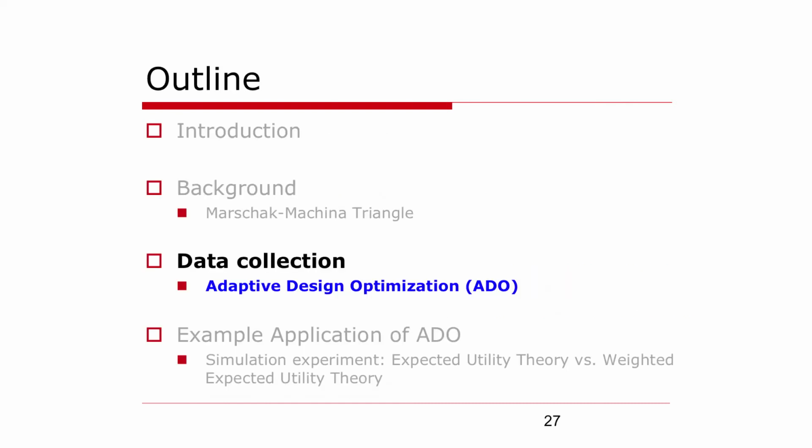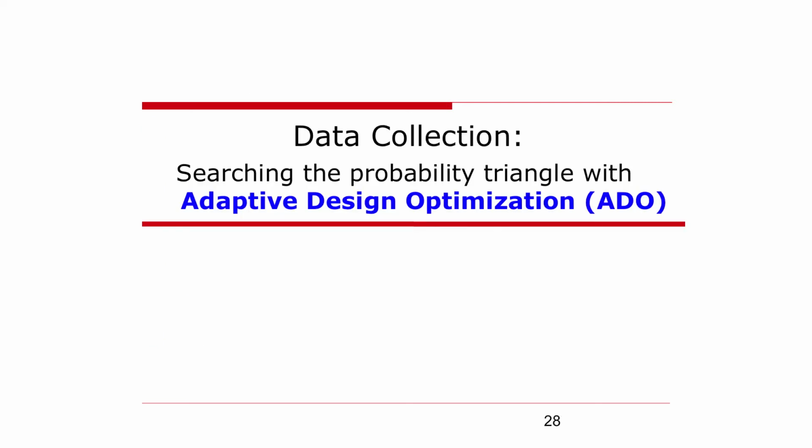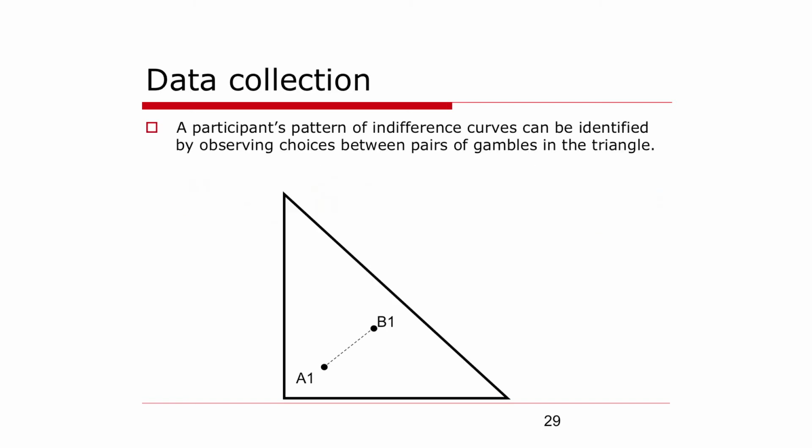So just pretend that for now you're interested in discriminating between, say, EU versus WEU. EU makes a parallel prediction, WEU makes, say, fan-out patterns. You want to design the experiment in such a way that you discriminate these two models as quickly as possible with the minimum number of experimental trials. One method you can use is what I call the adaptive design optimization method. Just before I talk about that, let me give you a bit more